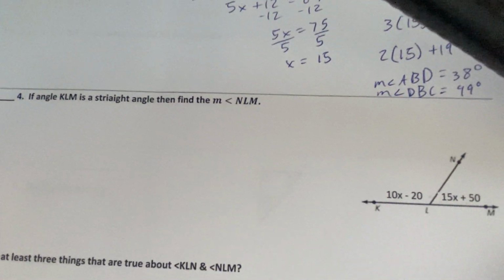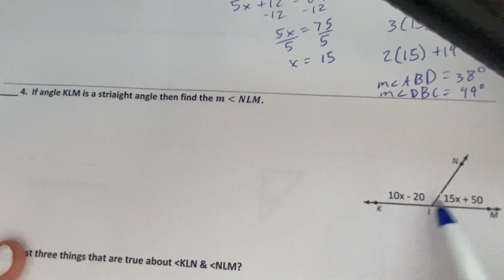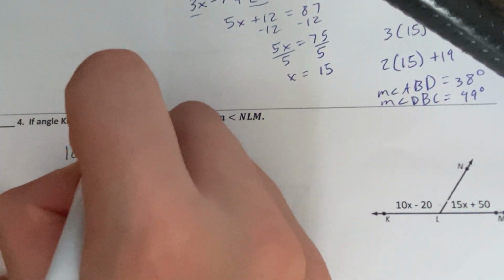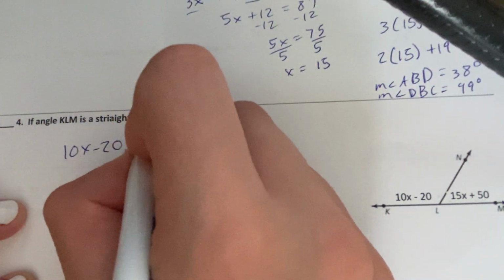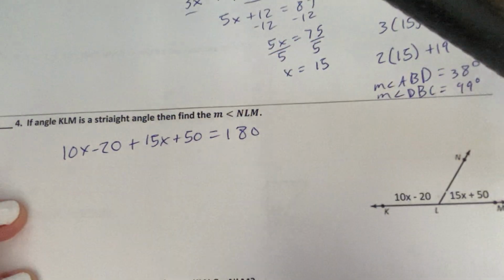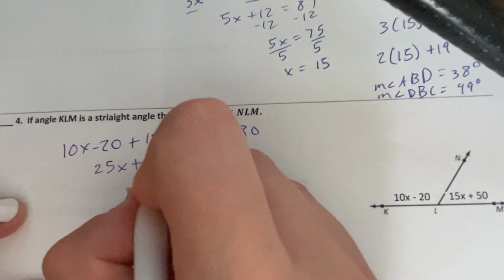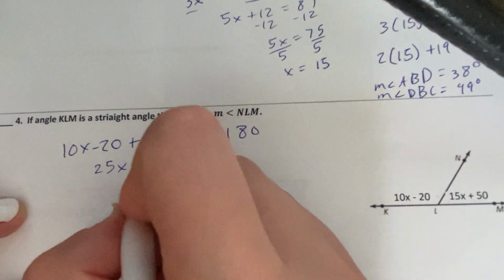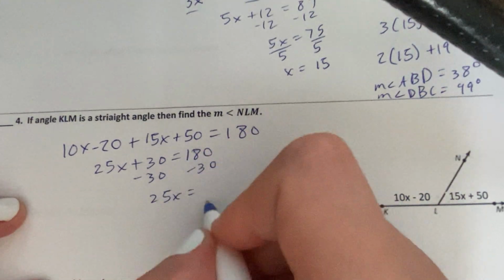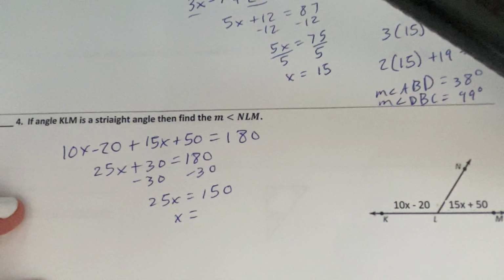All right. We can see that it's a straight angle. It also tells us it's a straight angle, so I can set these two added together equal to 180. So we'll do 10x minus 20 plus 15x plus 50 ends up equal to 180. And then I solve. So I'm going to combine like terms to 25x plus 30 equals 180. Subtract 30 on each side. 25x is equal to 150. So x is equal to